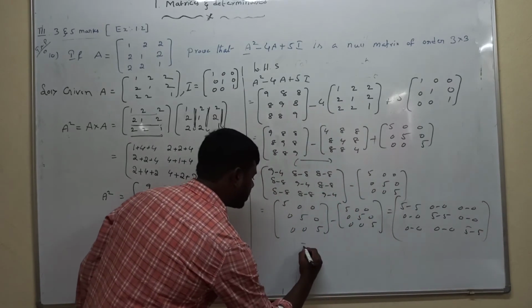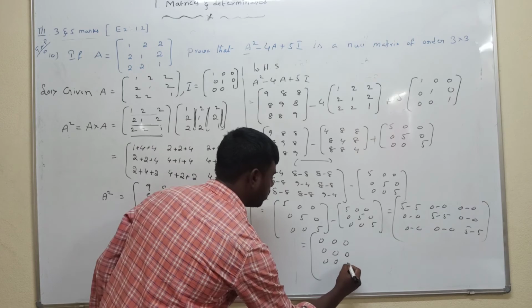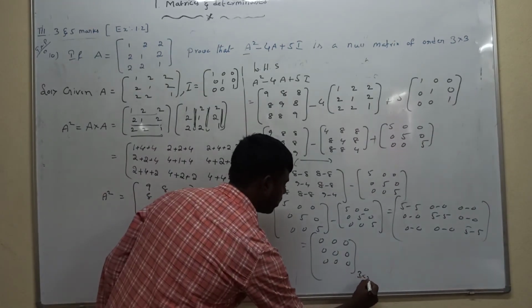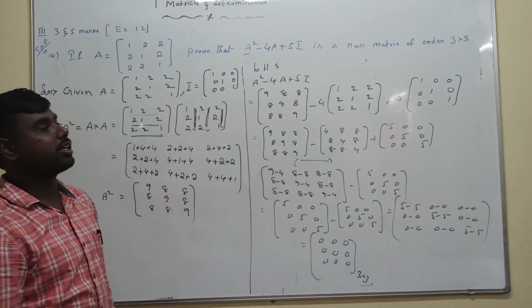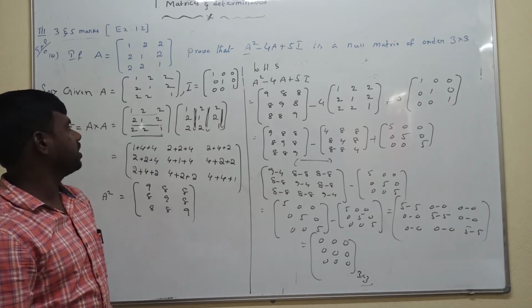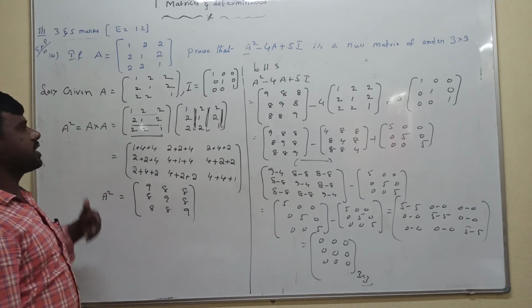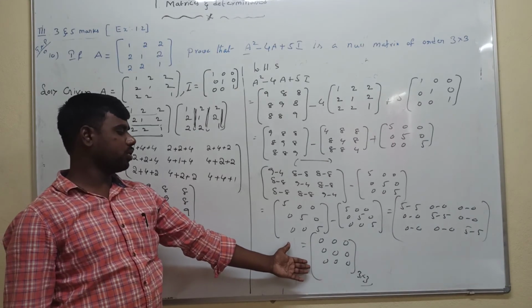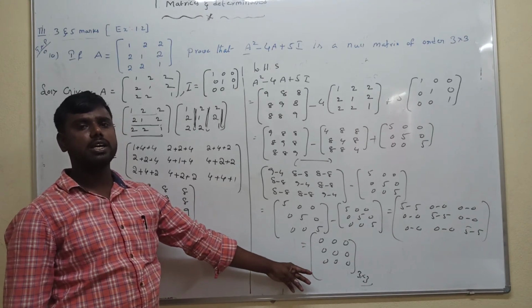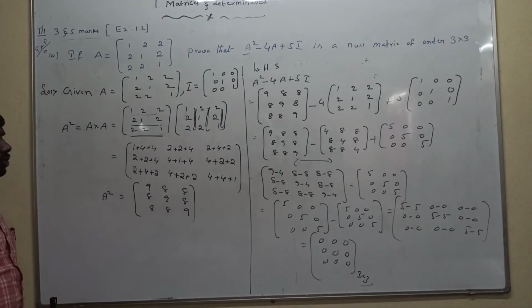Finally we got the null matrix. Each element is 0. So this is the key point for the solution of this question. Finally we got a 3 by 3 null matrix. So solve this type of question like that. This type of question is very, very important for the final exam, dear friends. First we need to calculate A square, and after that, by using this condition, finally prove the 3 by 3 matrix is a null matrix. This is required for the solution of this question here, students.